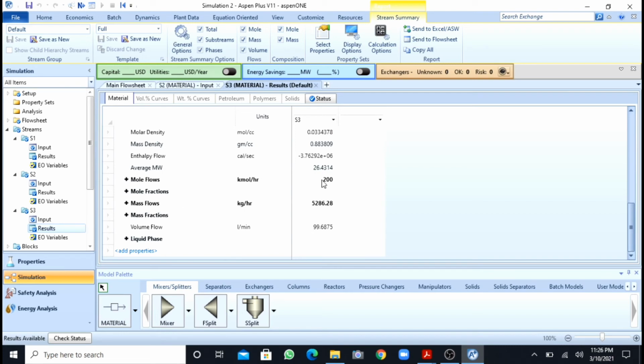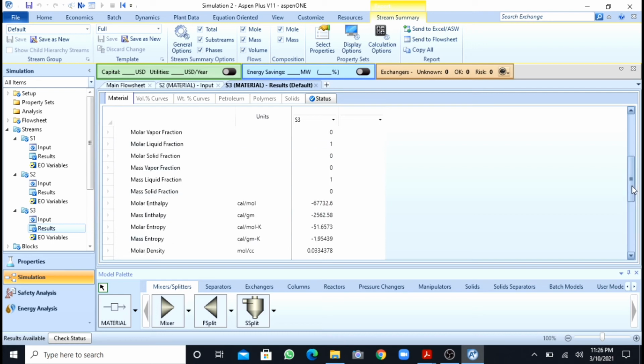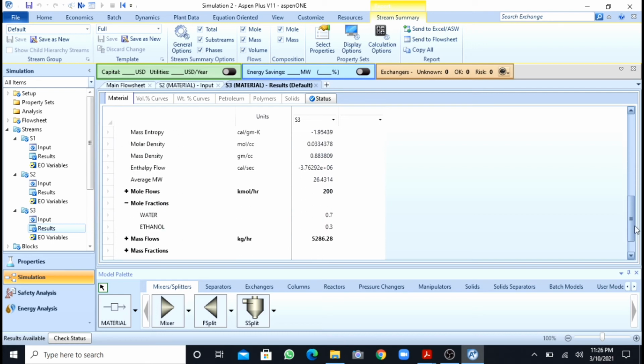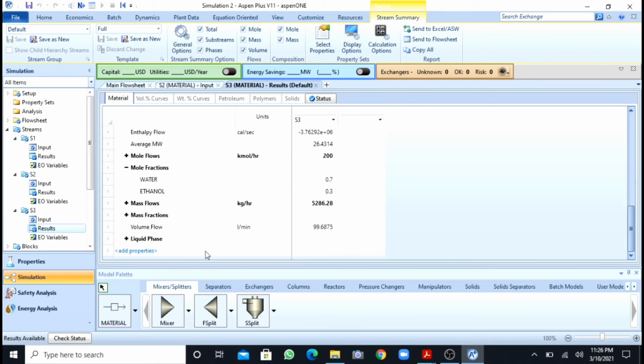We have got the molar flow rate as 200 kg mole per hour, and you can find the molar fractions, which are 0.7 for ethanol and 0.3 for water. You can find many other properties as you can see here, such as the mass density, mass entropy, molar density, or you can find any other property by writing it over here.